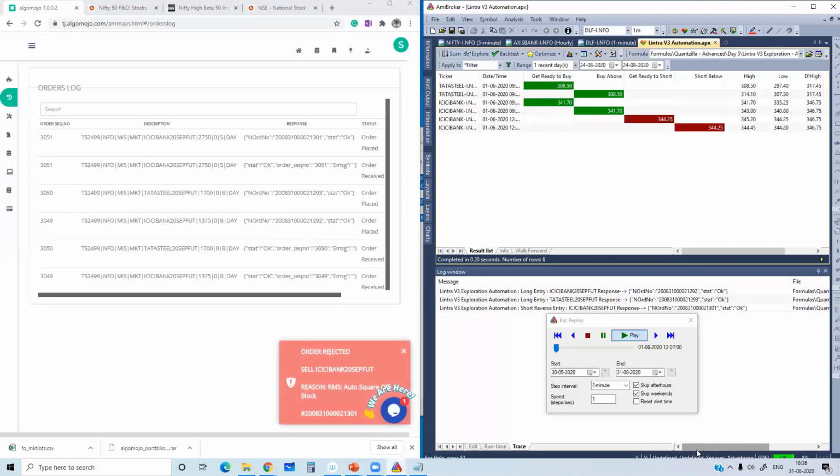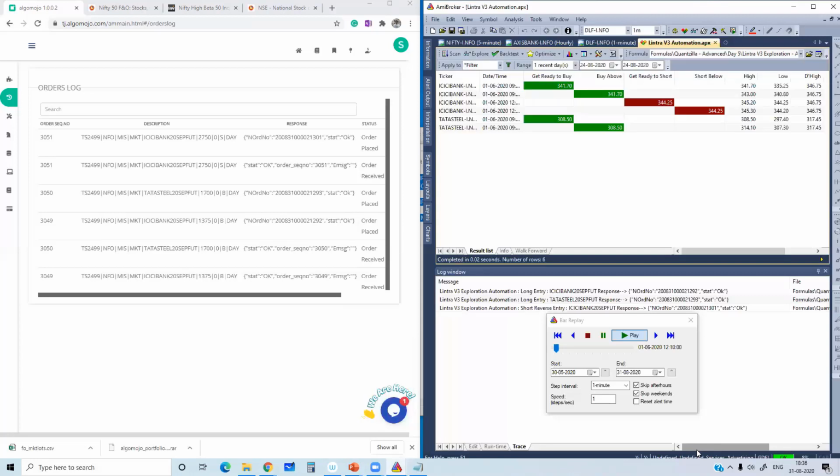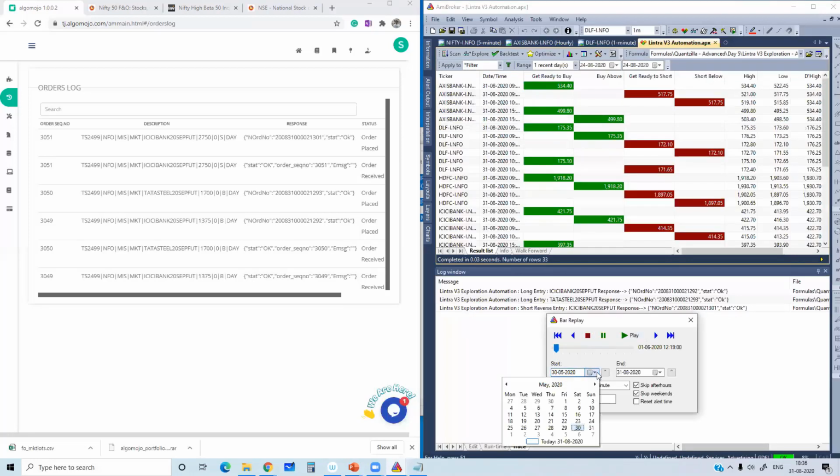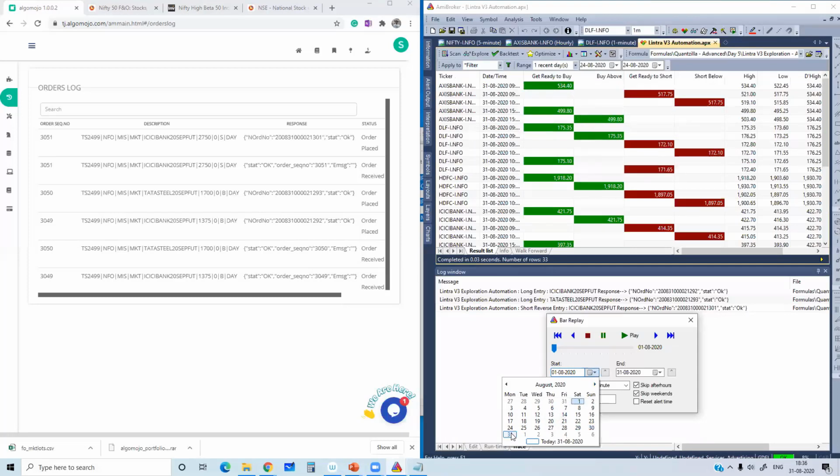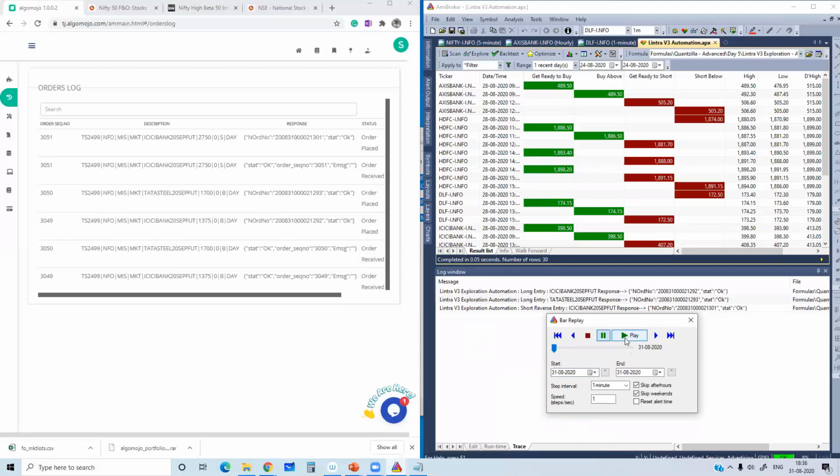So there is one more short that happened, probably in ICICI Bank. One more short entered. I don't know, I think I'm running on the wrong dates. So let me stop that and then I'll try to run today's activity. I think I mistakenly selected a wrong date. I thought of running 2 days of data, that is 31st. So run here. I'm going to run a fresh day.